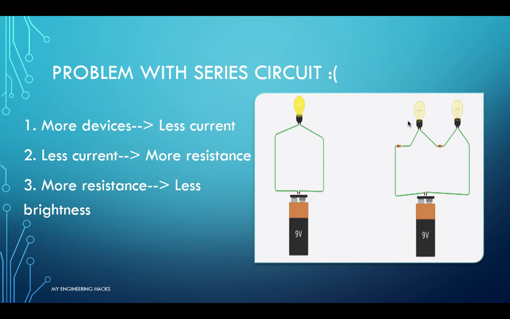For a series circuit, the more devices we use, the less current flows in each of the devices. And less current, of course, means more resistance. And the more the resistance, as I said, the lesser will be the brightness. And of course, we don't want that. Hence,